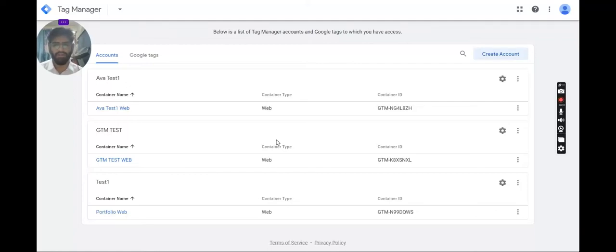How to install Google Tag Manager on your website. So we have already seen what a tag manager is and what it does. Now let's just see how to install it on your website. So as you can see here, I've gone to the Google Tag Manager website and I have already created a